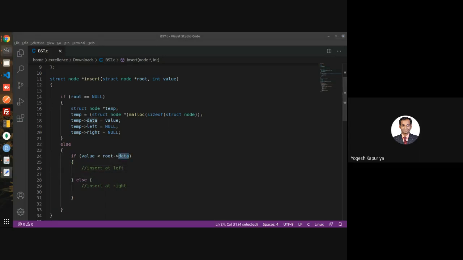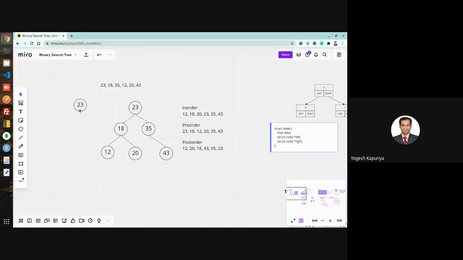Now, what will happen? Again, you are saying that you insert 18 here. Now, you have to just understand the recursion. Initially, this was my root node, which was empty. So now I want to insert on the left of this.